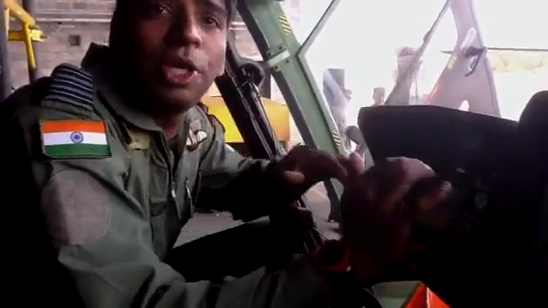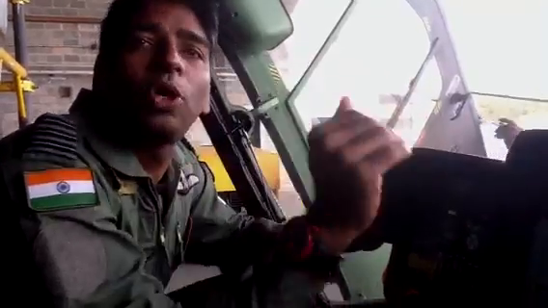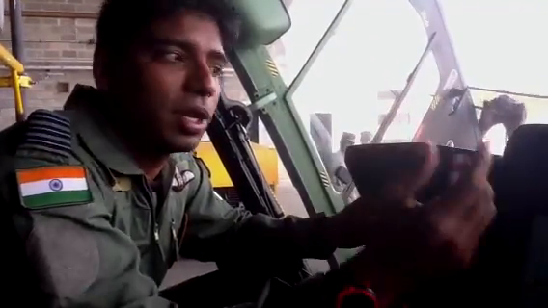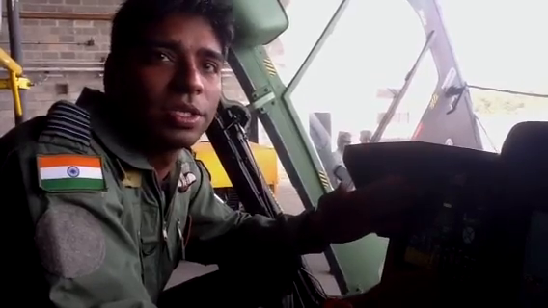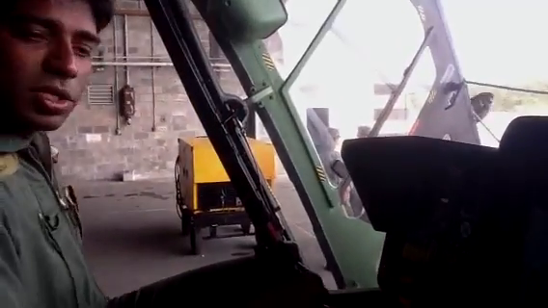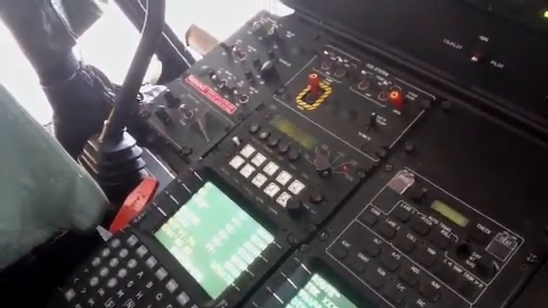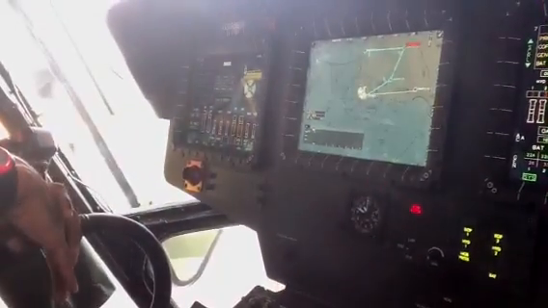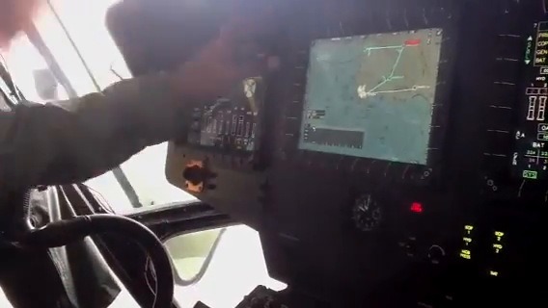This has got a GPWS. Till 1 minute before you are about to impact terrain, it will give you a warning, terrain. And it will show you a circle where you are going to impact on this. You activate it on the cyclic, you just press this button, and your GPWS will get active. It says pull up. You put your headset on, it will say pull up because your height is 4 meters and your terrain is close to this one. Pull up for a 10 second warning.